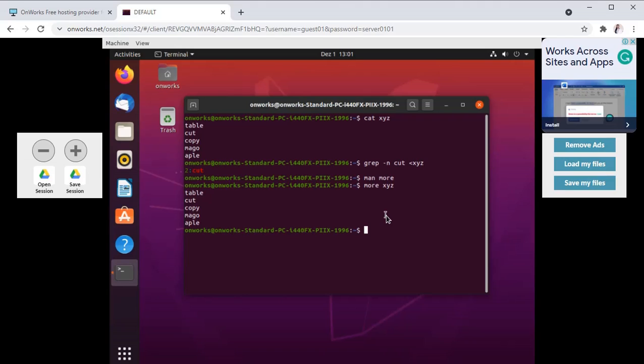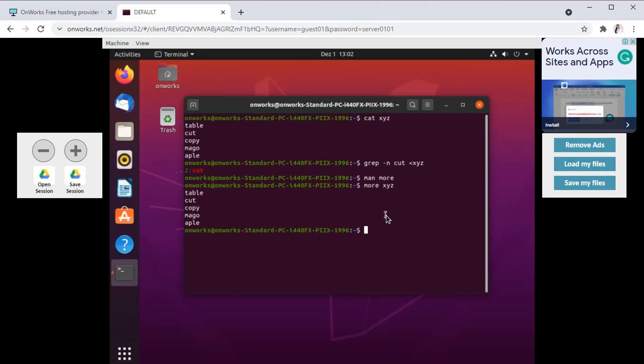The third command we have seen is the cut command, which is used to cut a particular portion from a file and paste it into an output. The fourth command is the paste command, which is used to join two particular files horizontally. Then the fifth command is the spell command, which is used to check spelling mistakes in a particular file.